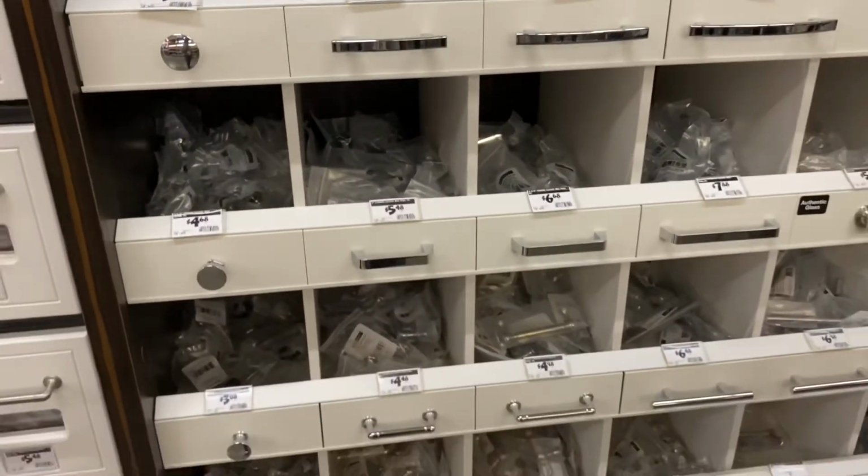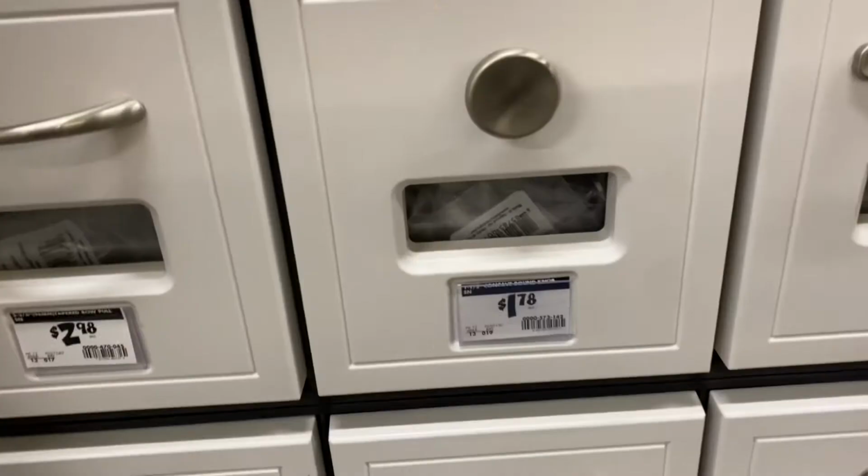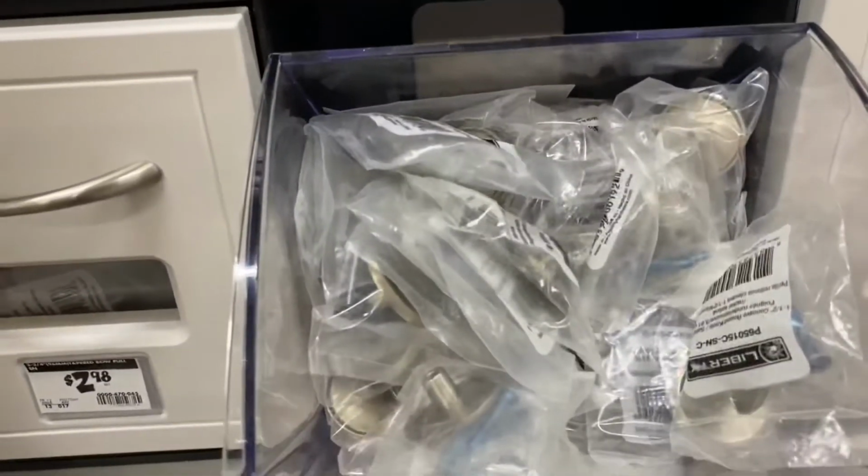I looked through all of their knobs and I couldn't find anything that I love, so I ended up going with these knobs that are $1.78, and it's the same knobs that I purchased when I refreshed my desk and the side table. So I am in Dollar Tree, the tree of the dollar, and